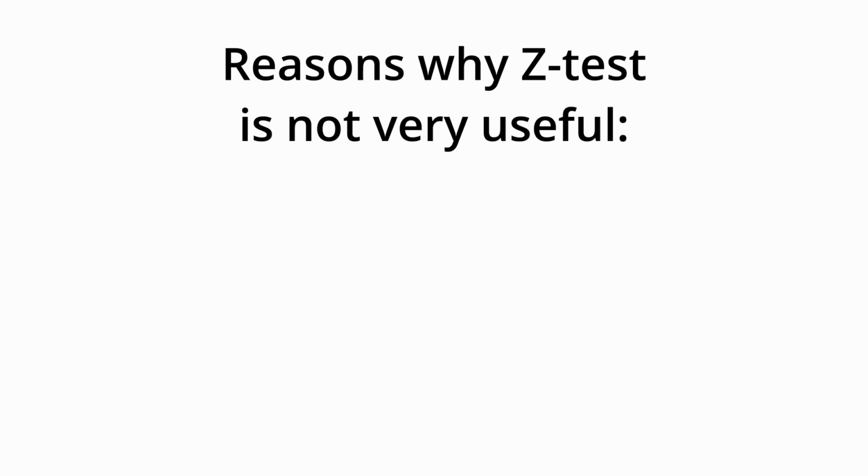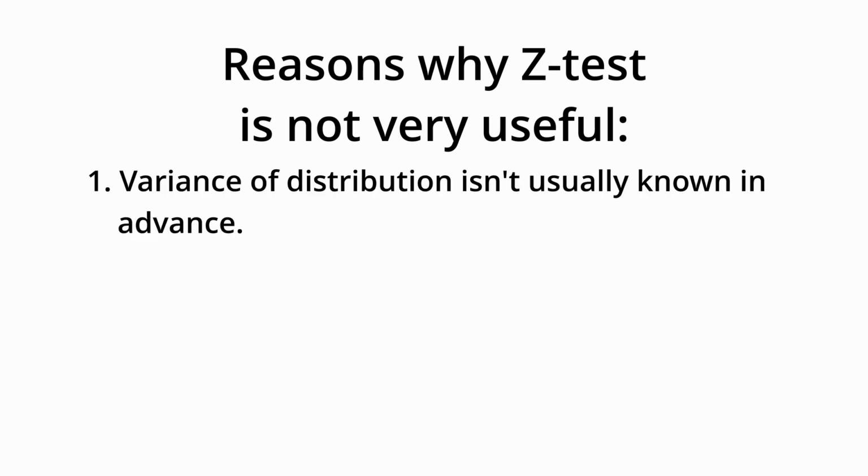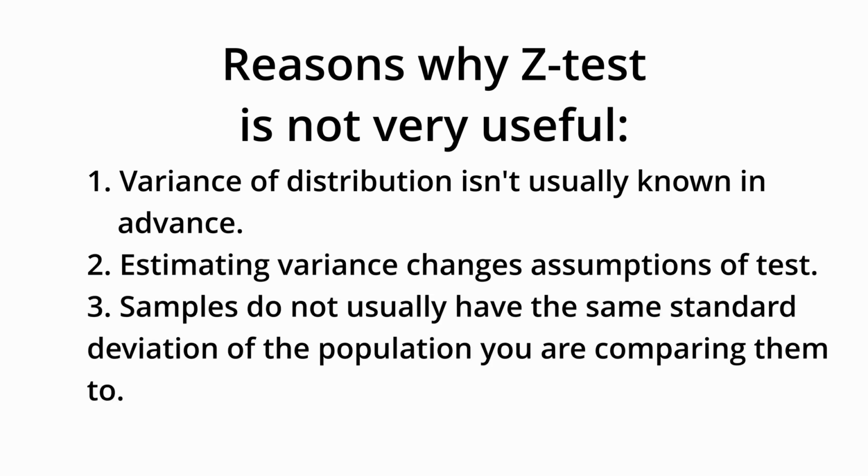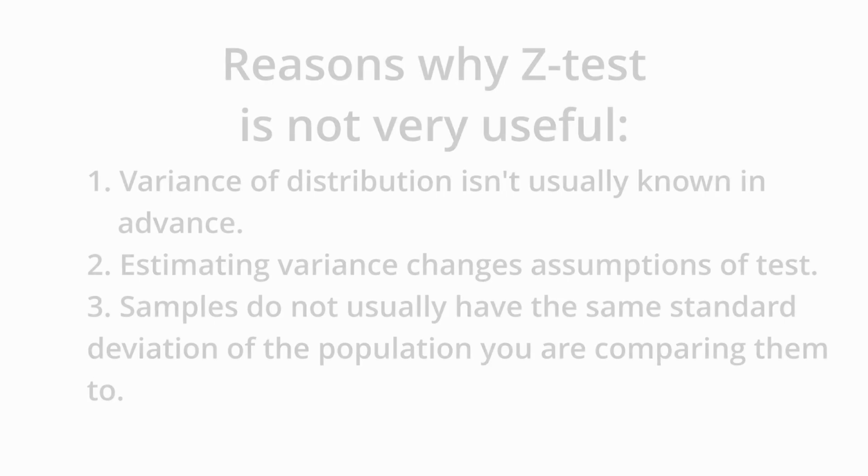Compared to what students learn in class, in practice, the z-test is not extremely useful because the variance of the distribution isn't usually known in advance, and by estimating it, you change the assumptions of your test. In fact, in the previous example, we assumed that the standard deviation of the students' scores in that one school had the same standard deviation as the national average, which is extremely unlikely. These assumptions can be relaxed, however, if we use